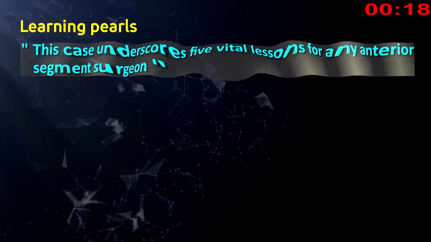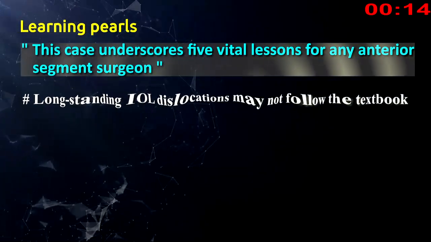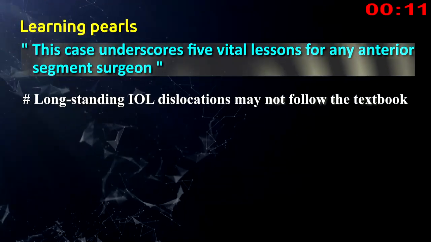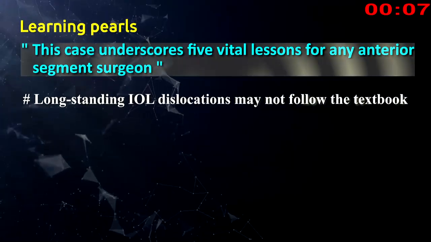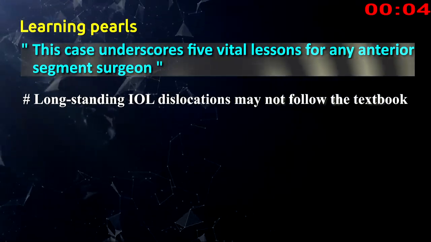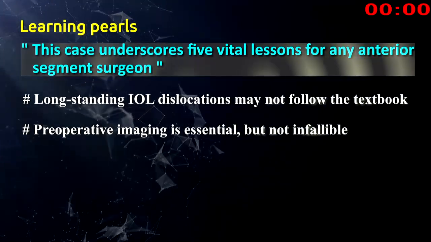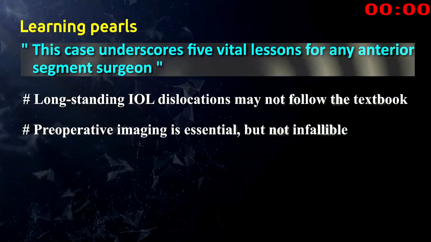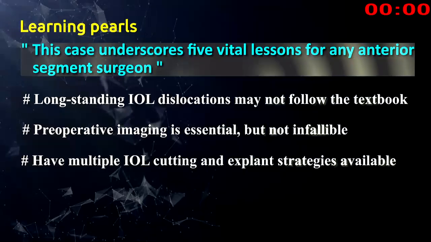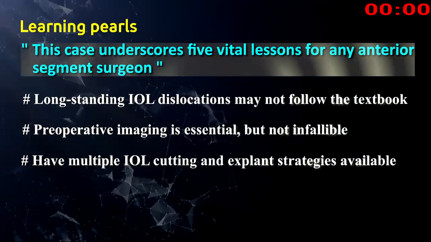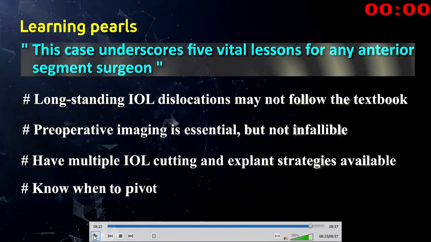This case underscores 5 vital lessons for any anterior segment surgeon. Long-standing IOL dislocations may not follow the expected course and may end up with fibrotic tissue development even in quiescent cases. Preoperative imaging is essential but not infallible. UBM or high resolution anterior segment OCT may help, but prepare for surprises. Have multiple IOL cutting and explant strategies available. Don't rely on a single technique. Know when to